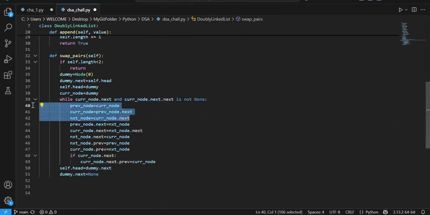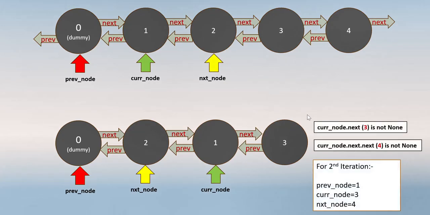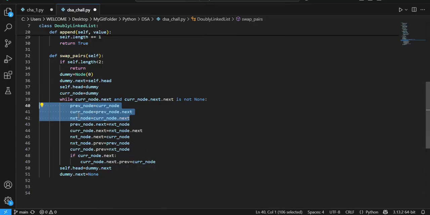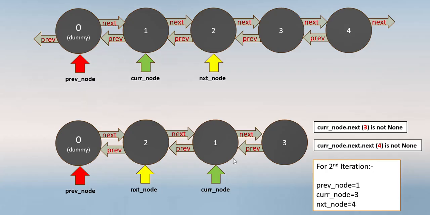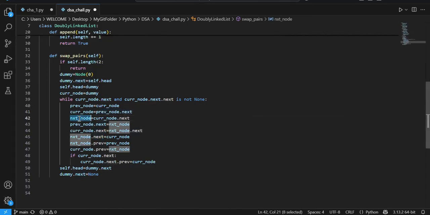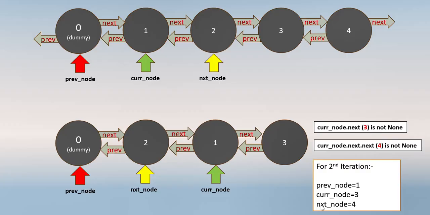Again first focus on these 3 lines. Now previous node will replace the current node pointer. So for the second iteration, previous node will take the current node pointer, and what is the current node pointer? It is 1. Similarly this current node will point to 1 dot next, which is nothing but 3, so current node equals 3. And next node will become 3 dot next, which is nothing but 4. If you see this one, 3 dot next is nothing but 4, so next node is 4. Okay,